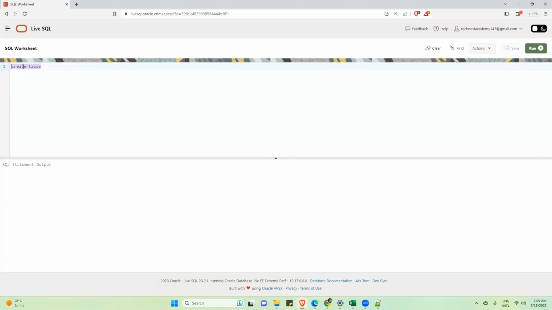What are reserved keywords? The keywords which have defined functions, already reserved by the system, which have a special meaning. Correct. Reserved keywords are those keywords for which the SQL engine knows what it has to do. That is why the name is reserved. It has been reserved for the SQL engine. They know what I have to do. The moment you write create table, the engine will understand that I have to create a new table.